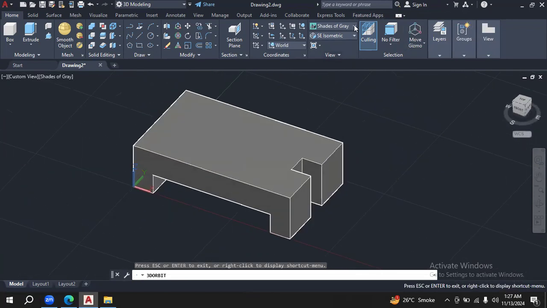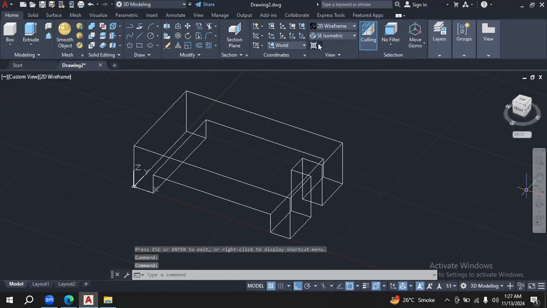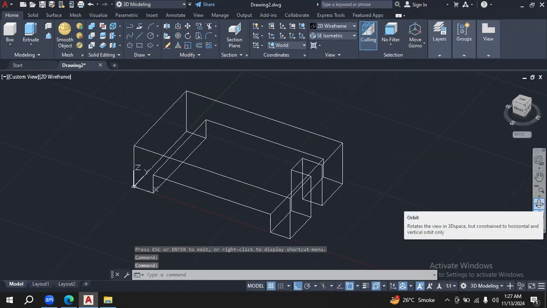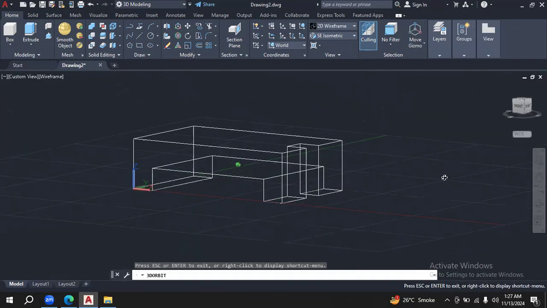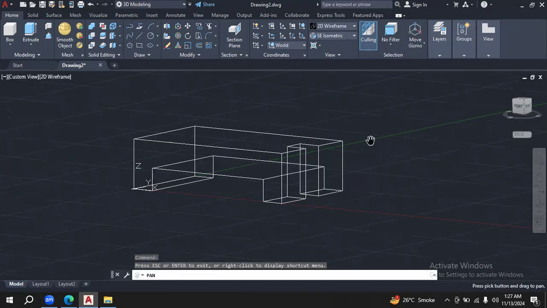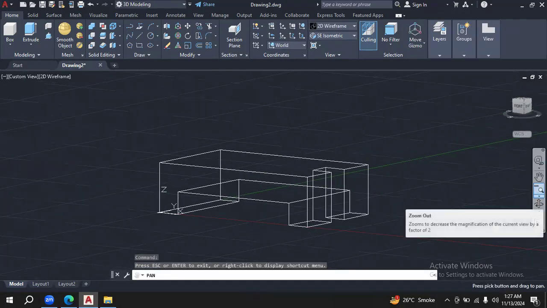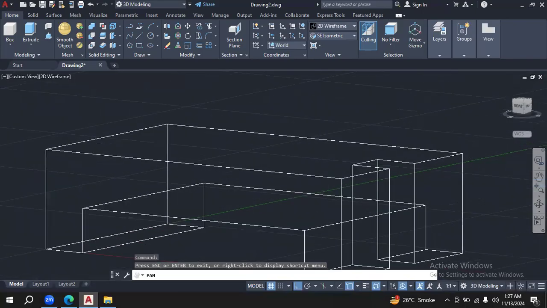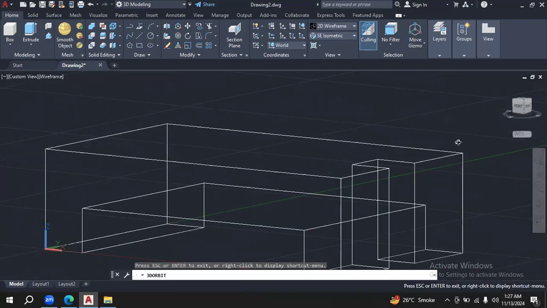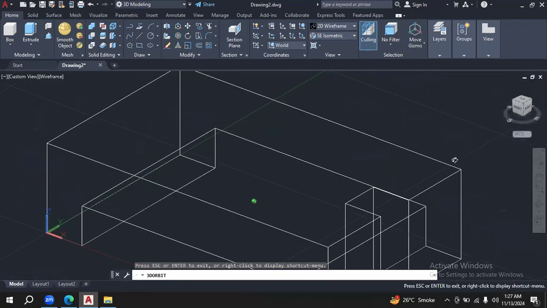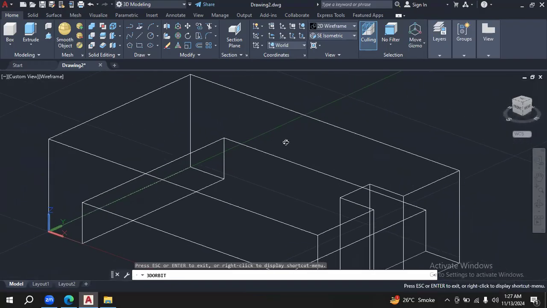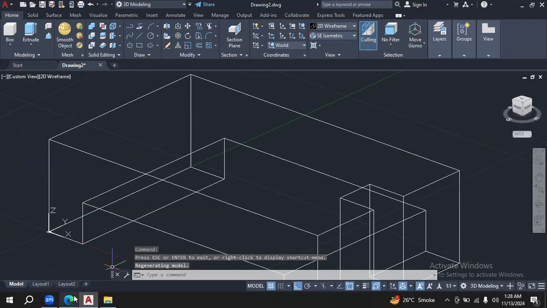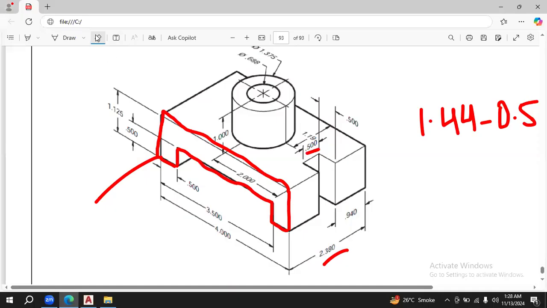Next step is to make the cylinder, which is again present on the top surface of this rectangular block, for which again you need to take some references. First of all, just zoom in and rotate as per your convenience. Like I'm rotating it this much. Now, for the cylinder,